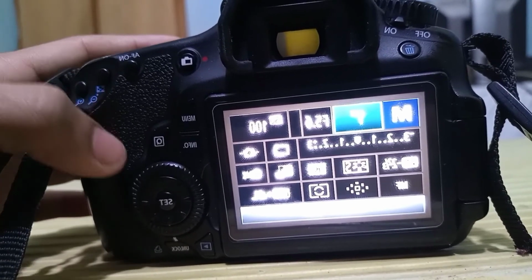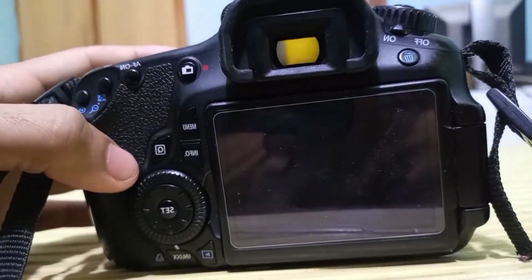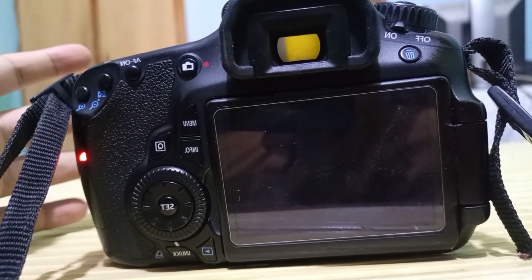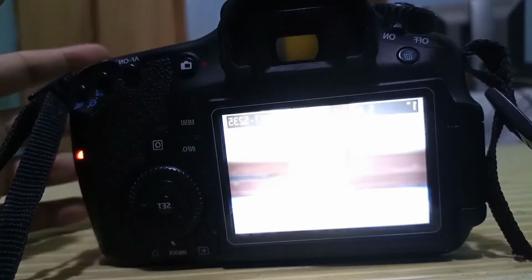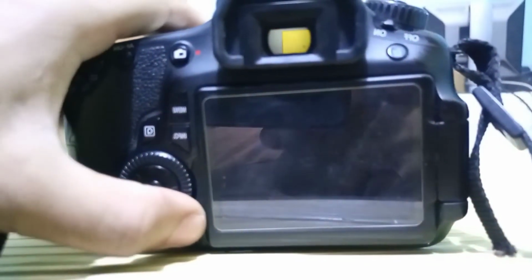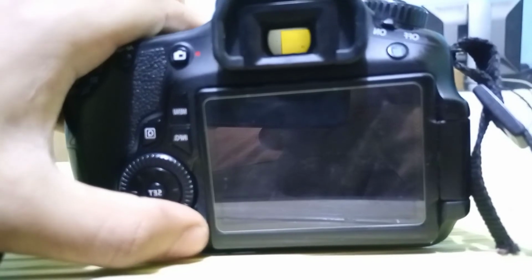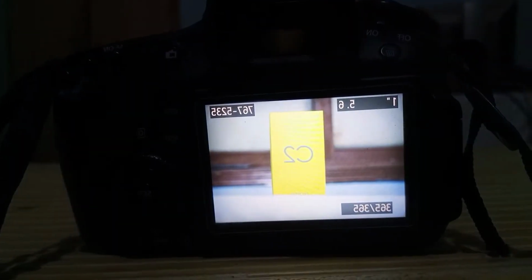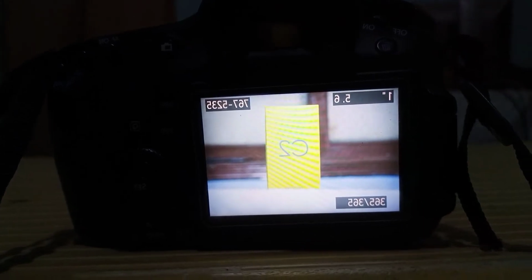Press the shutter button and click a picture. After 1 second, you will see the picture is much clearer, not much brighter, but much clearer because I decreased my ISO, so the picture is not grainy, a good quality picture.